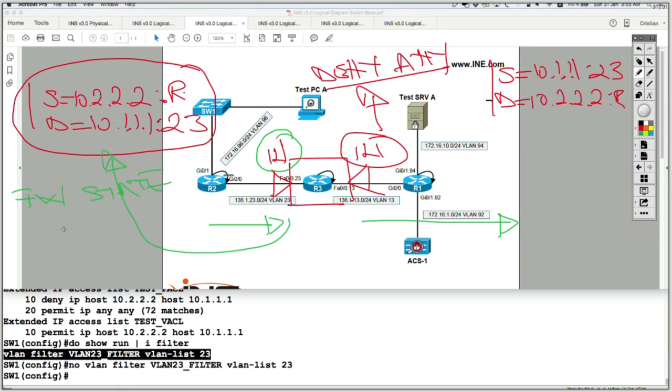So it's going to put in the state table exactly that it has seen and allowed a packet sourced from router 2 destined to router 1 on those port numbers and TCP and with the exact sequence numbers. So what happens now is that when router 1 replies, of course with this source of 10.1.1, destination of 10.2.2.2, when router 1 replies now,